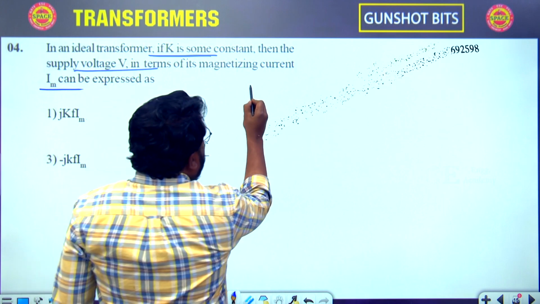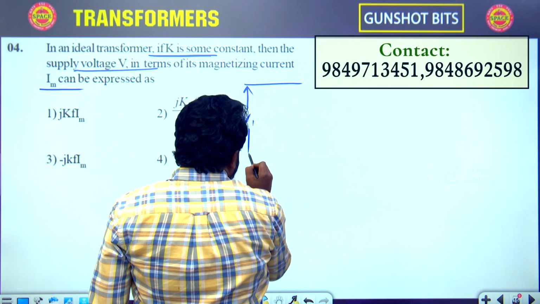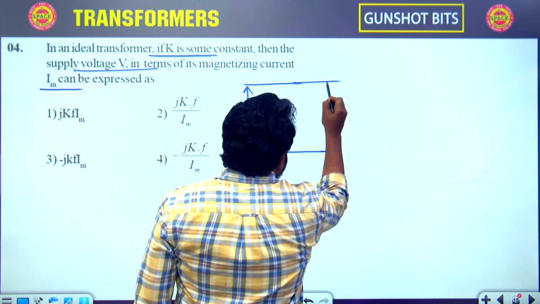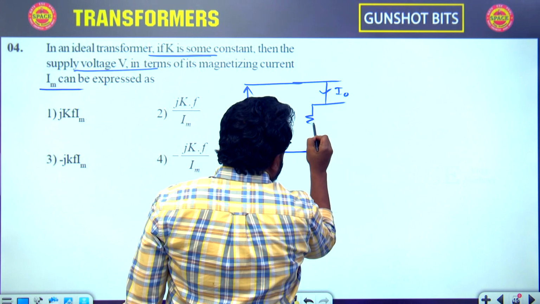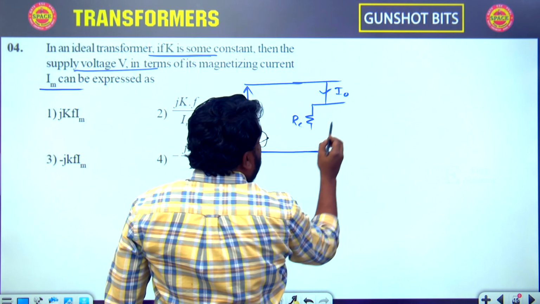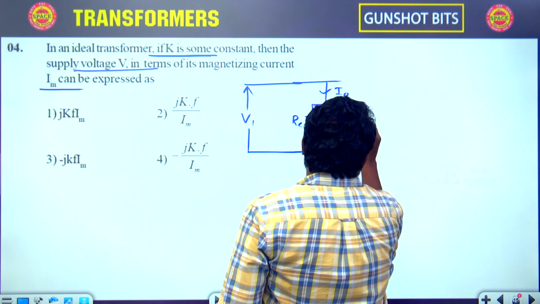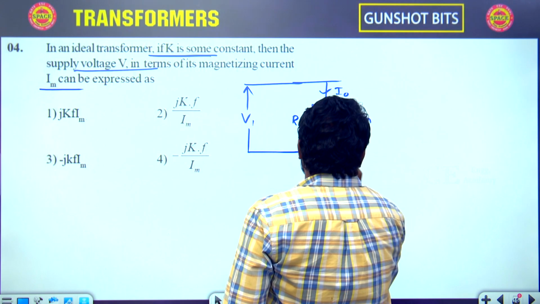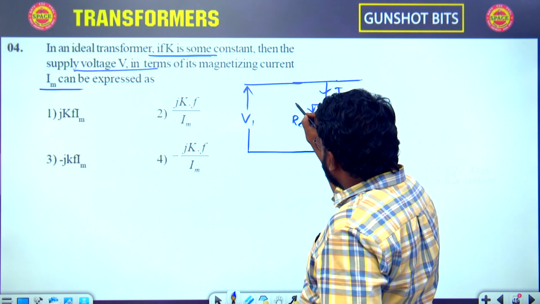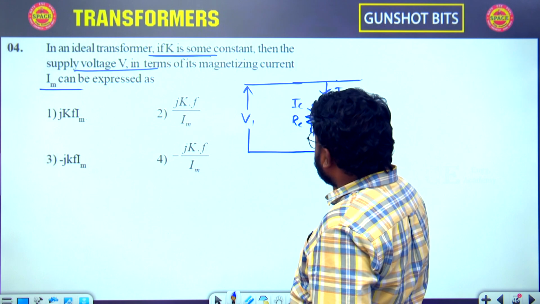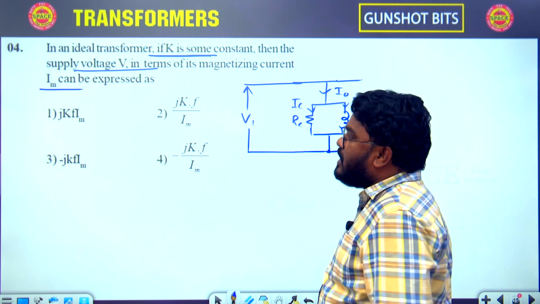So we know this is the equivalent circuit of the transformer under no load condition. In this no load equivalent circuit, I0 has two components, one is the RC and this one is the magnetizing reactance XM. This current is known as the no load current. It has the iron loss component of the current and the I mu magnetizing component of the current.